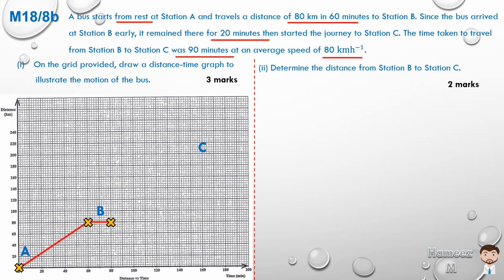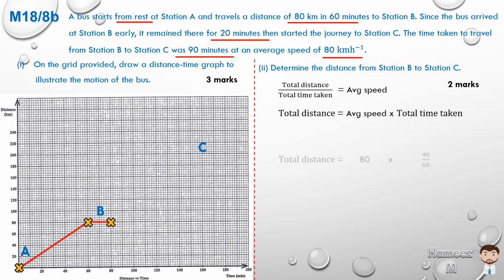Determine the distance from station B to station C. The average speed is equal to total distance over total time taken. So the total distance will be the average speed times the total time taken. We know the average speed is given as 80, times the total time taken, which is 90 minutes, which is